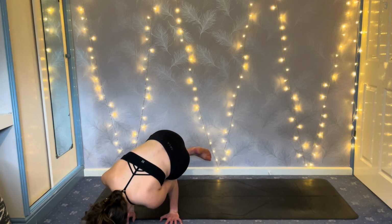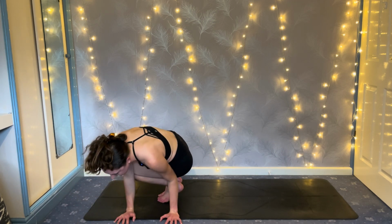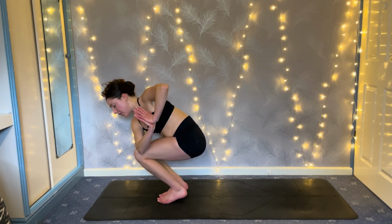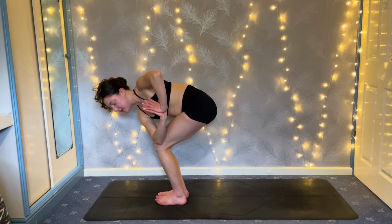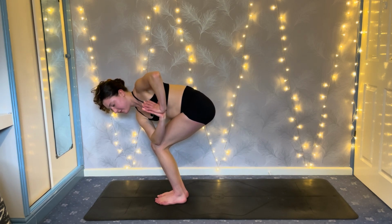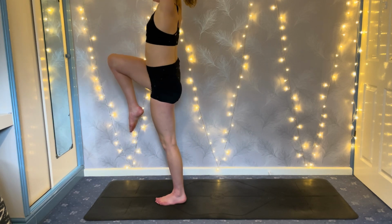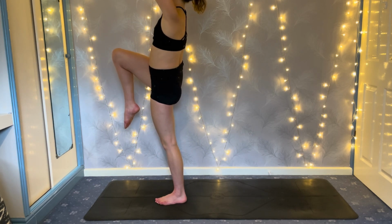Unravel the eagle legs, drop the tiptoes to the floor. Press the hands at heart center. Find your way back into a twisted crow pose. Come all the way up to stand, pull the right knee in towards the chest, wrap the left elbow over